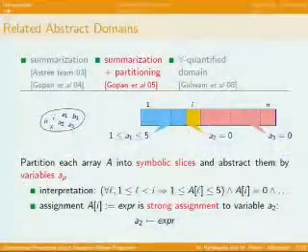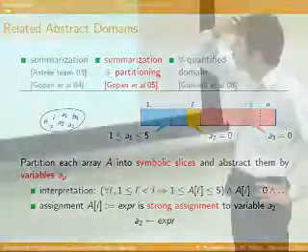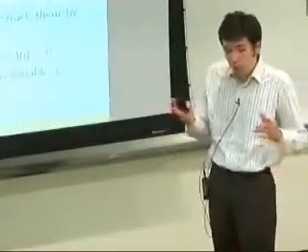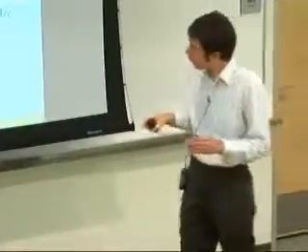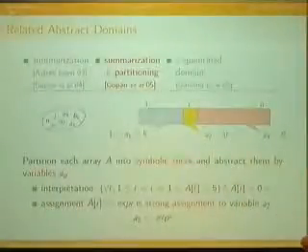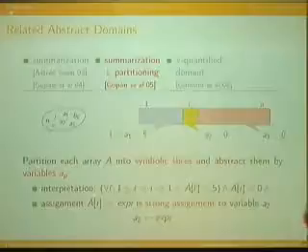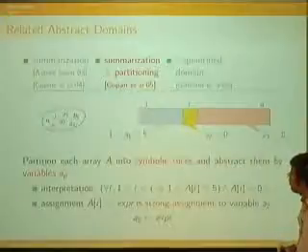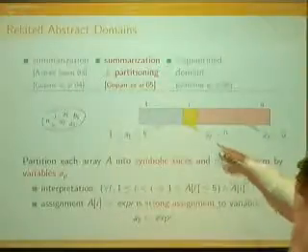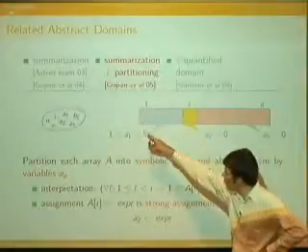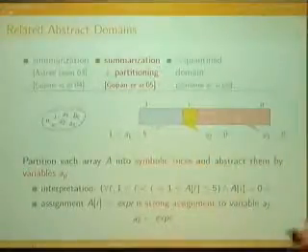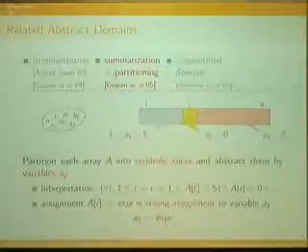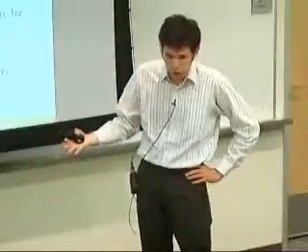So the improvement proposed in 2005 by Gopan, Reps, and Sagiv is to consider a symbolic partition of your array and to attach to each symbolic slice a scalar variable just as before. So here the interpretation of scalar variable A1, which is here between 1 and 5, means for all cells strictly lower than I, the values in this subpart of the array are between 1 and 5. And then, of course, the idea behind symbolic partitioning is to avoid all weak assignments.